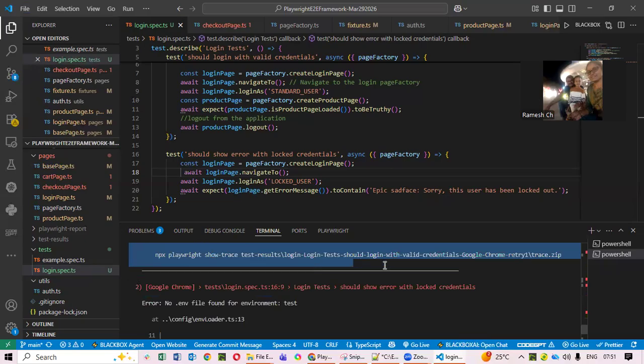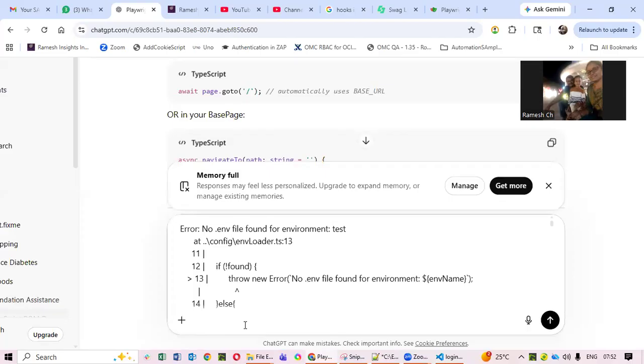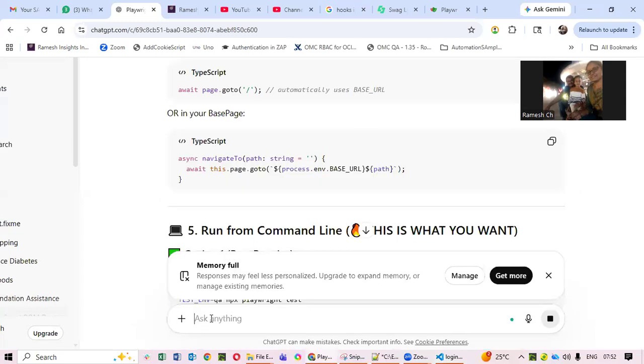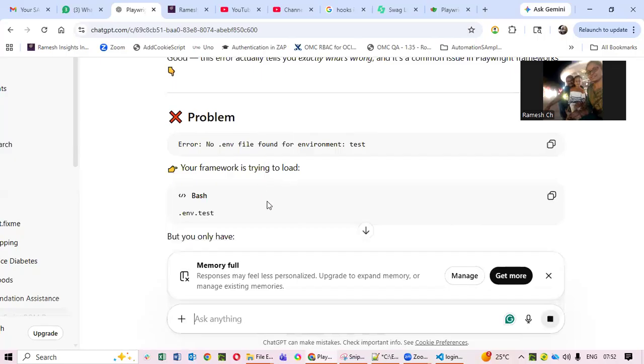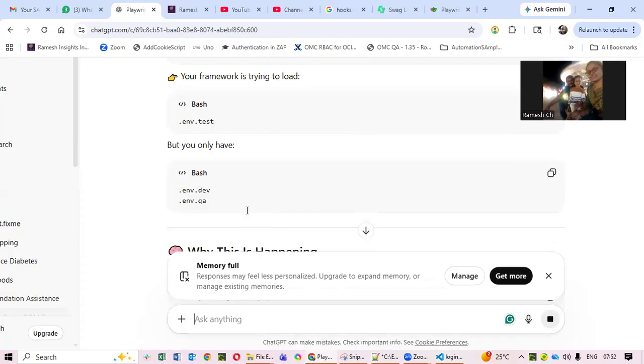Can give this to ChatGPT. Let's fix this. You can ask AI also if you are not able to figure it out. Can you fix this issue? It's trying to load env.test, but you only have